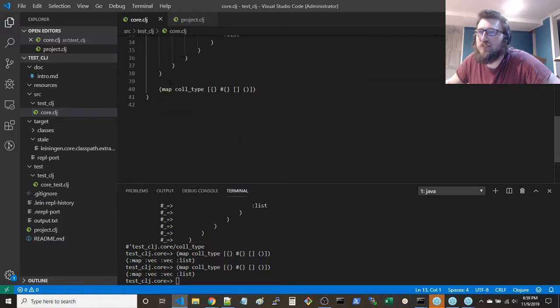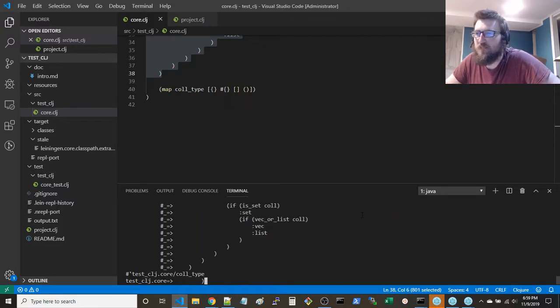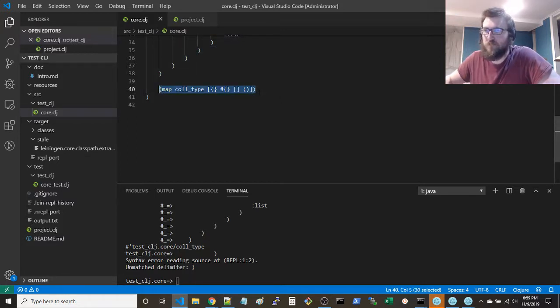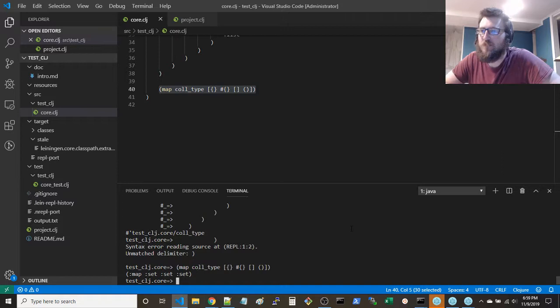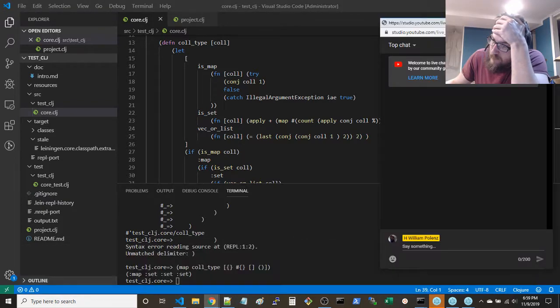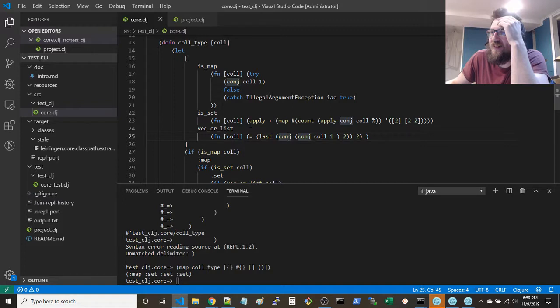Yeah, this is kind of an issue. It's not actually that much more efficient than just running line run. Set. Map set. Okay, I see the problem here. Whoops.